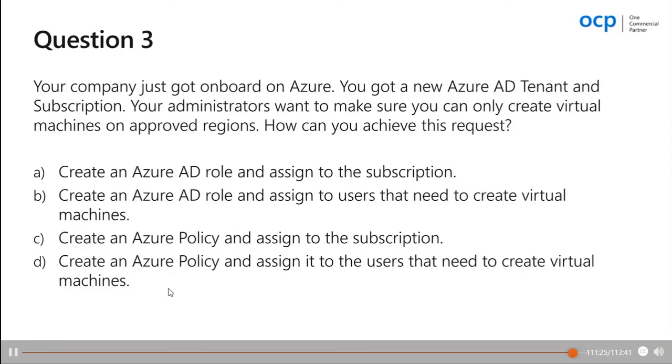And so I have C and D. The first one says create an Azure policy and assign it to the subscription. And the last one is create an Azure policy and assign it to the users that need to create virtual machines. Well, basically the last one is not it. The correct answer will be C because you cannot assign a policy to users. Remember, you assign a policy to a management group, to a subscription,